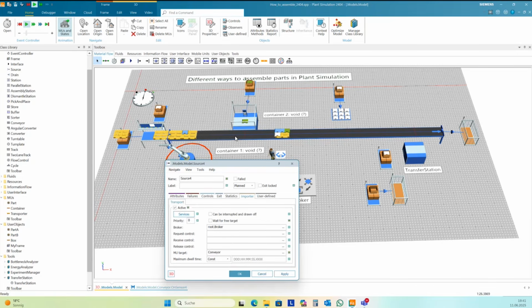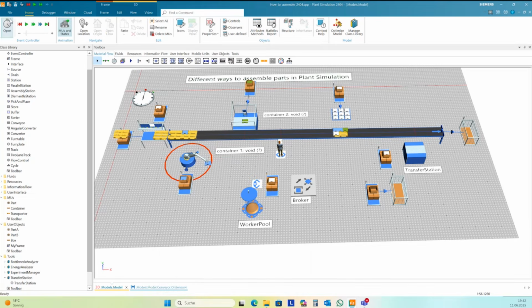And so conveyor is not empty, and this will block the worker. He will not get a second part. The first part he gets because at the start, the container is empty. And so if I activate this, then he gets the first part.